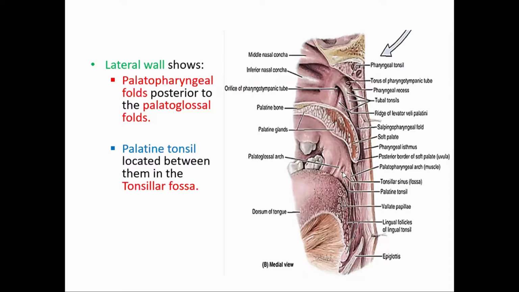So what is the boundary of the palatine tonsillar fossa or the tonsillar sinus? Anteriorly is the palatoglossal arch, posteriorly is the palatopharyngeal arch. The base is formed by the posterior one third of the tongue, and the apex is formed by the soft palate, where there is fusion of the palatoglossal arch and the palatopharyngeal arch. The lower attachment of the palatoglossal arch, where does it attach? Superiorly, at the base of the uvula. Inferiorly, it is attached at the junction of the anterior two thirds and posterior third of the tongue.